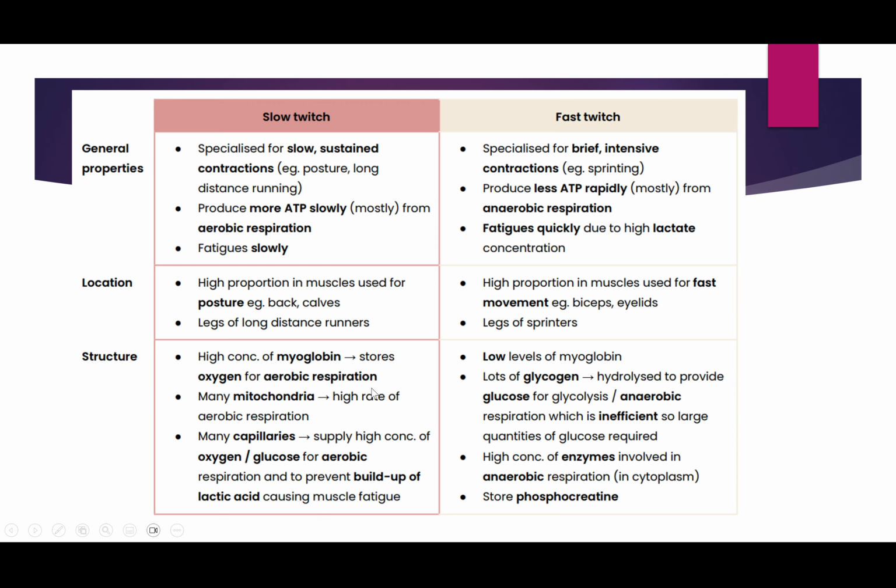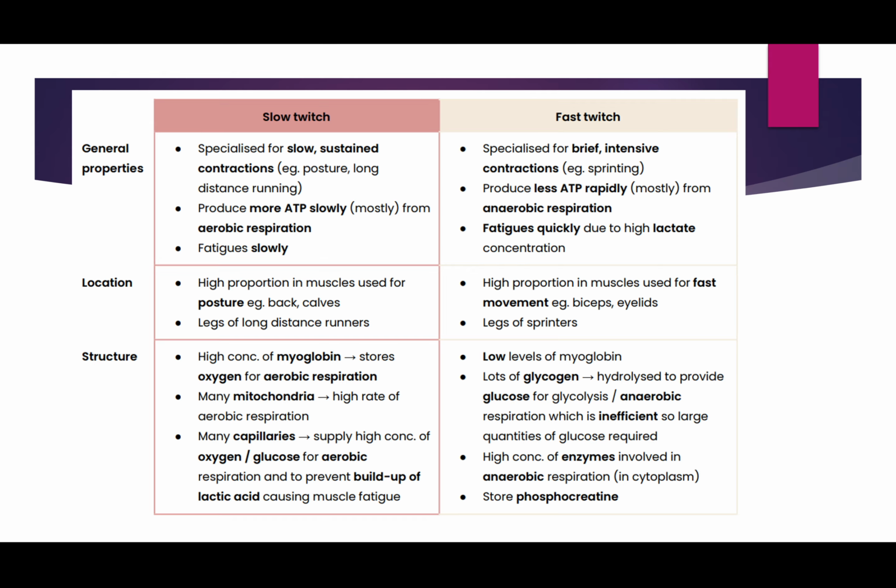The structure, this is where a lot of people lose marks. Slow twitch have a high concentration of myoglobin, which stores oxygen for aerobic respiration. Many mitochondria for the high rate of aerobic respiration. Many capillaries to supply a high concentration of oxygen and glucose for aerobic respiration and to prevent buildup of lactic